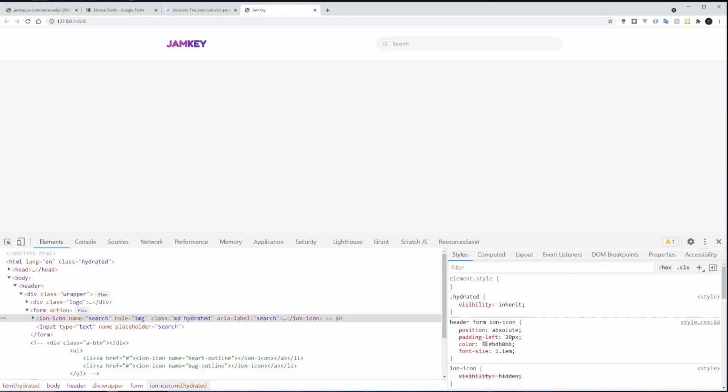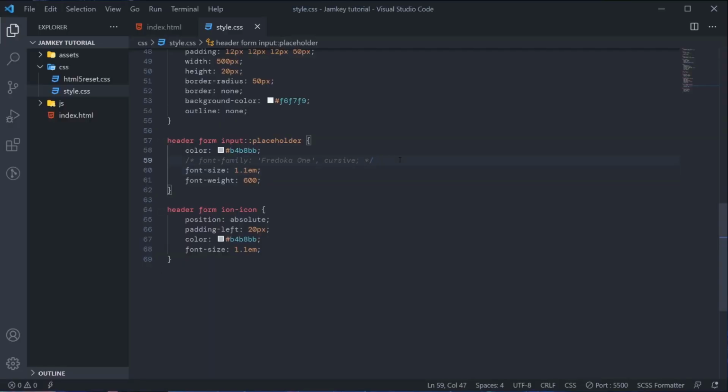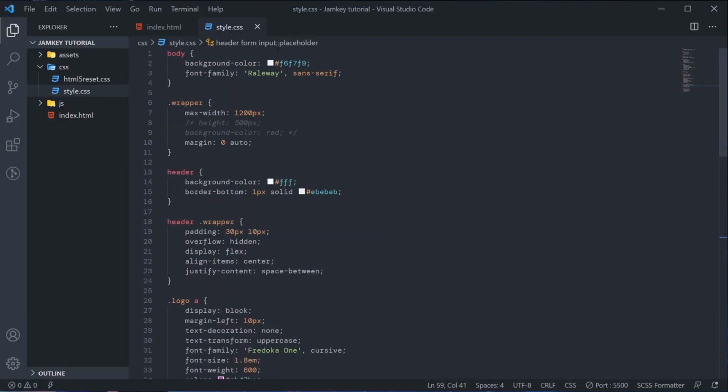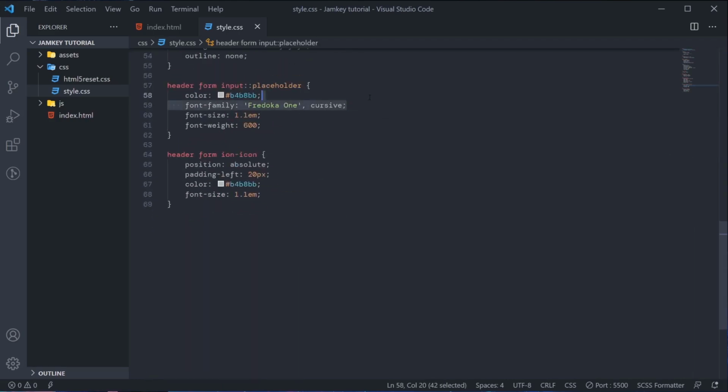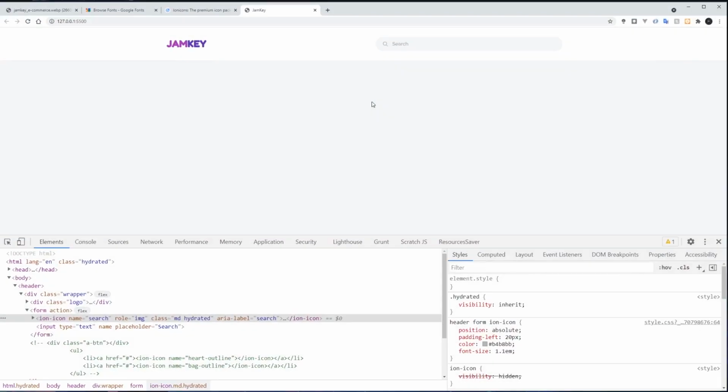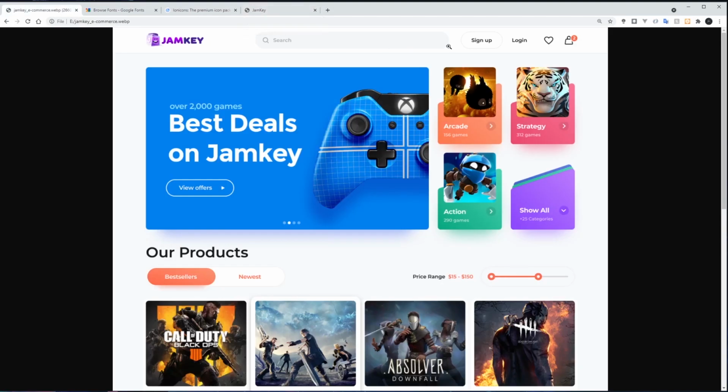We'll just type on. We'll just copy since we're lazy. Okay, all right. So you see, now we've got our search designed.